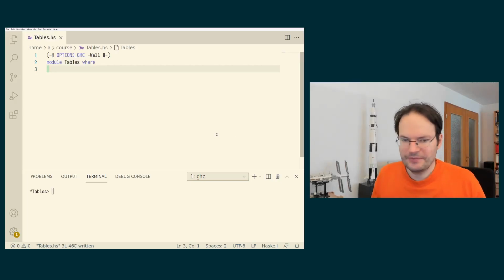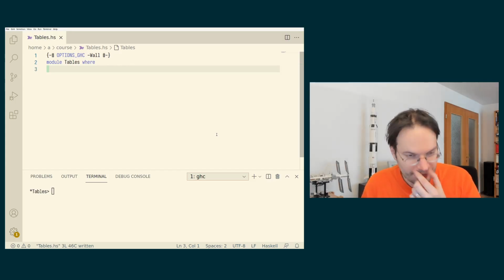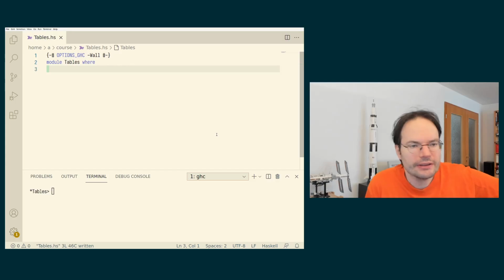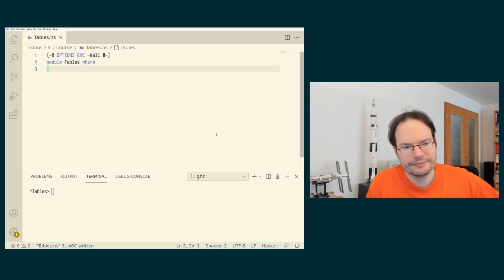Okay, it's time to bring some new data types into the mix. So up until now, we have primarily been dealing with lists, and we will still look at lists for quite a bit. But in order to make things more interesting, we're going to introduce some new data types and see how we can define functions that make some use of these data types as well. And the first new data type we're going to look at is